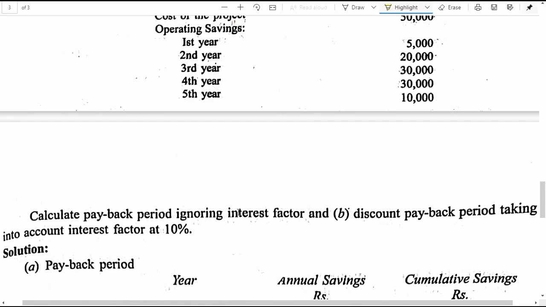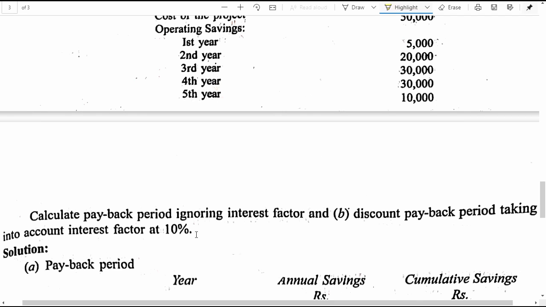This is the traditional method. And B, discounted payback period taking into account the interest factor at 10%. So the discounting rate in the problem for this project is 10%. The 10% discount rate is normally calculated based on the industry to which the concern which takes up the project belongs, the nature of the project, the risk involved in the project, and